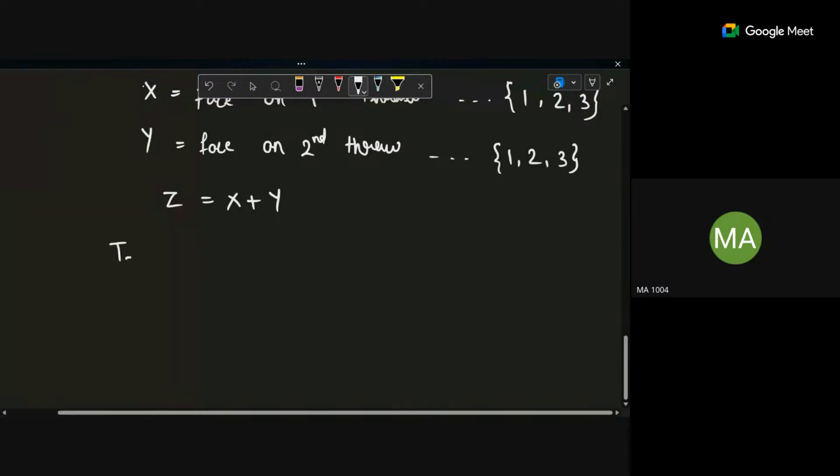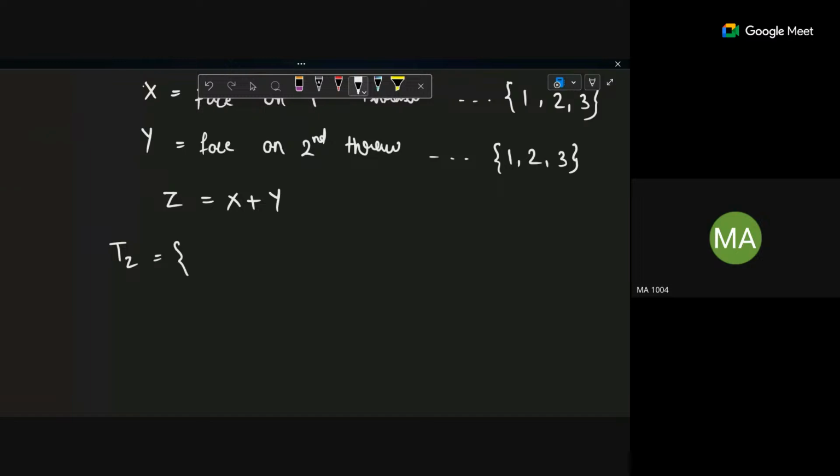So, the range for Z is just the sum of all this, right? 1 plus 1 and all this. Is there any doubt for this range? Anyone? No, ma'am. Okay, fine. So, the next question is about